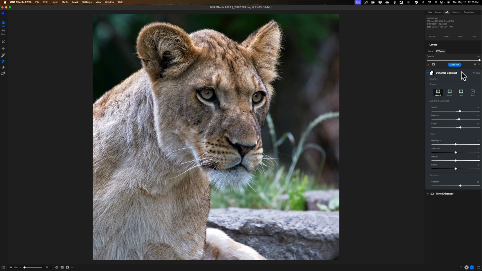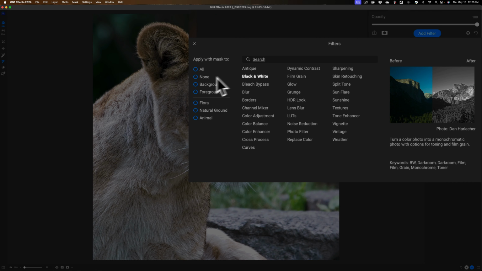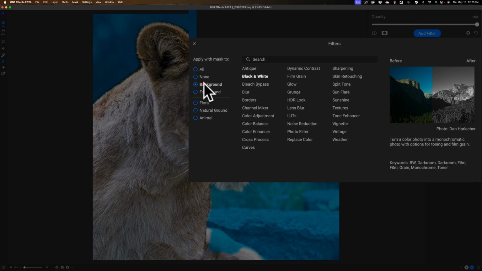So that is that. Now, the other thing I like to do, when I'm shooting wildlife, is I like to make them be a little more separated from the background. And one way I could do that is I could darken the background a little bit and I could take a little color away from the background. So what I'm going to do is I'm going to go to Add Filter, and then I'm going to go to Background, click that on,